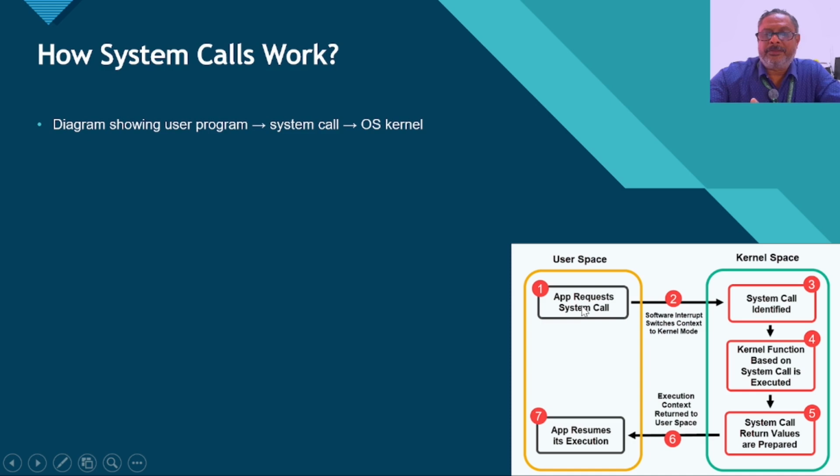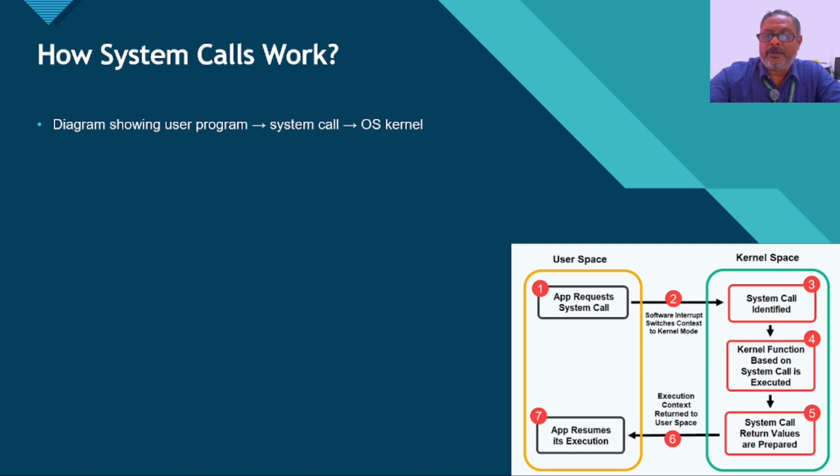It wanted some information lying in some resources, and those resources can be accessed only in the kernel mode because they are in the kernel space. So from the user space we have to go down to the kernel space, and that is possible only by switching the context from user mode operation to kernel mode operation,